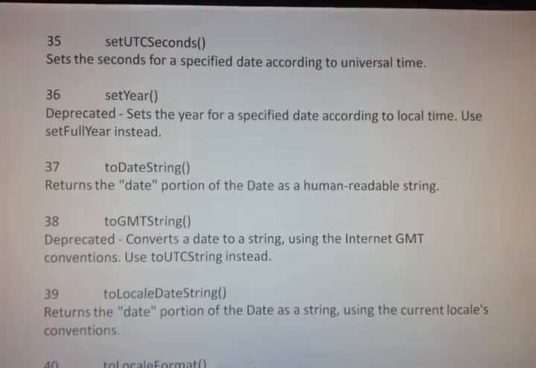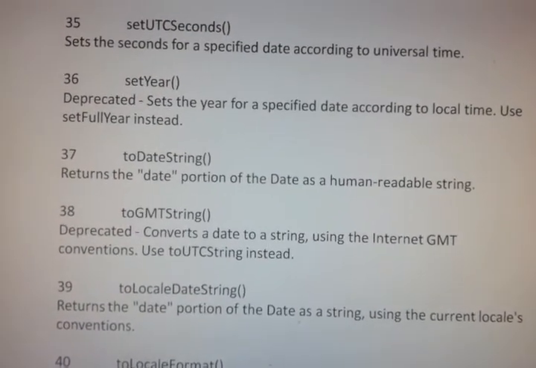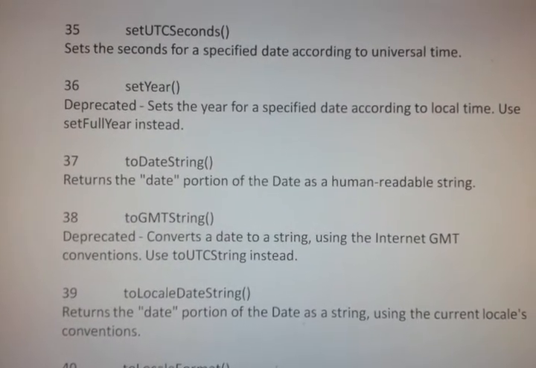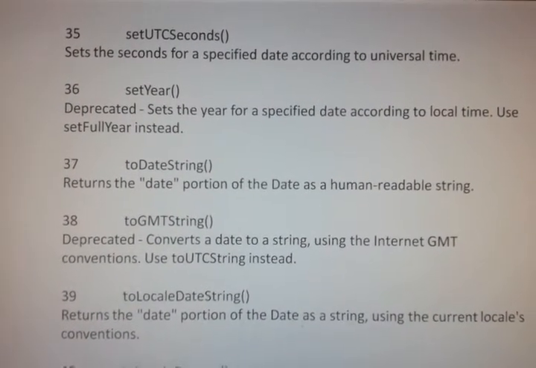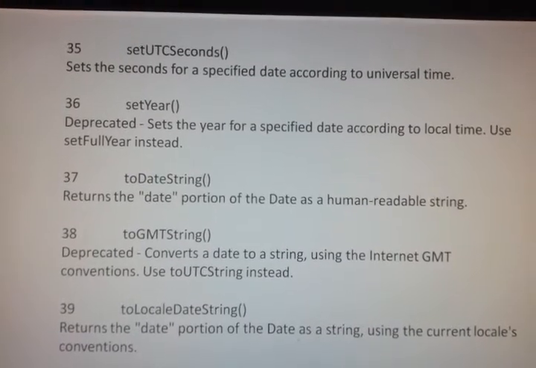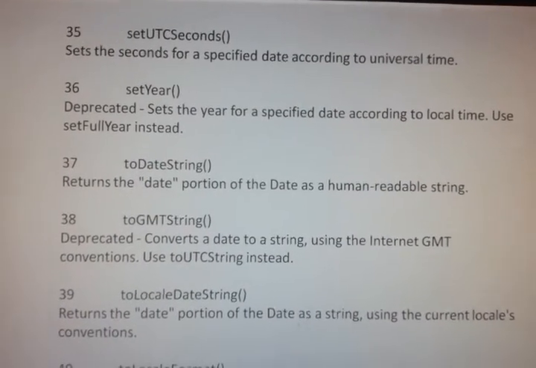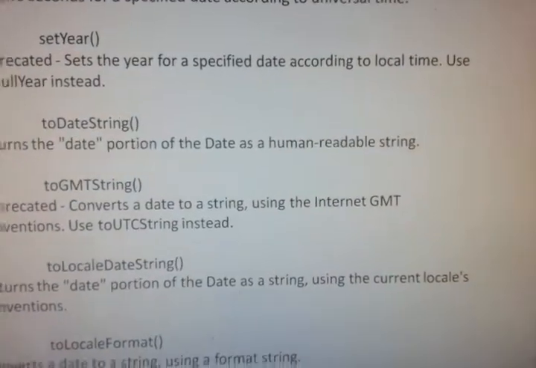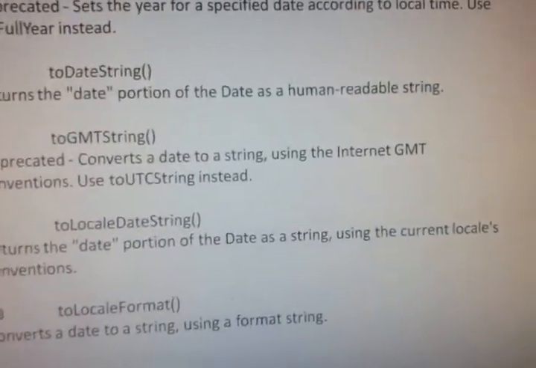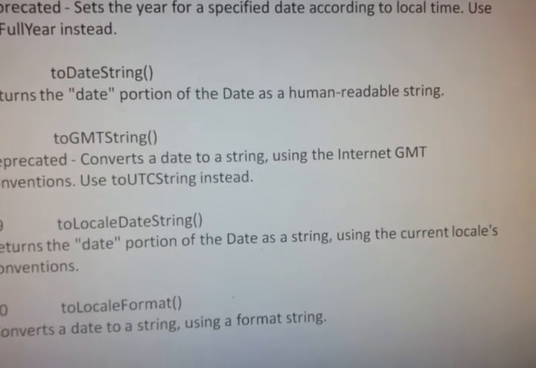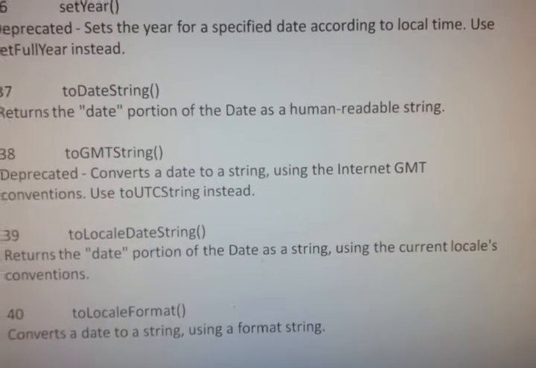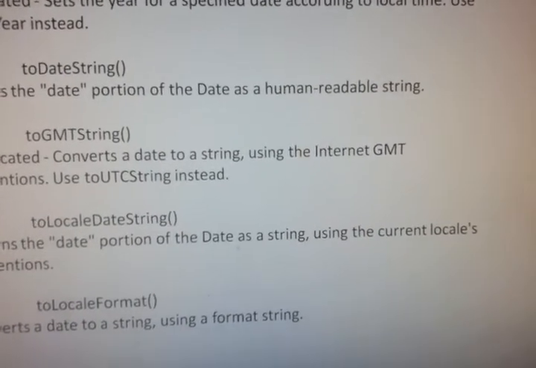Now a few more methods we are having. toDateString method. What it will do is it returns the date portion of the date as a human readable string. Then next, toGMTString converts a date to a string using the internet GMT conventions.